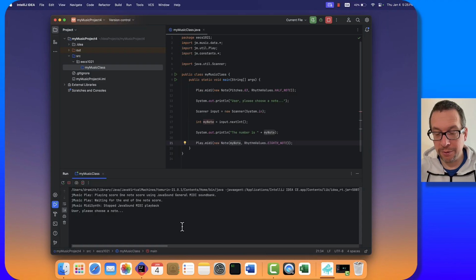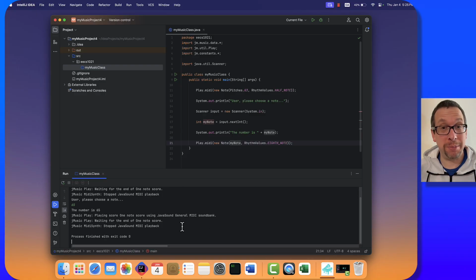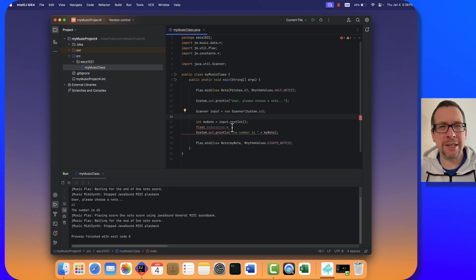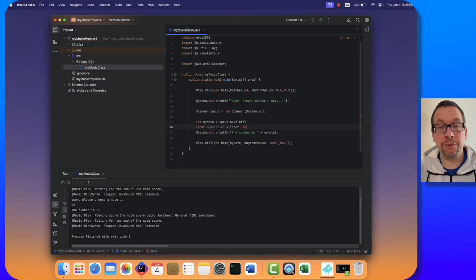So I want to put in a note. I don't know, let's do 65. So it's 65 that played. Now I can also choose a duration. So if I go like this, I do float my duration, and I put my as a prefix just to make sure it doesn't interfere with an existing known variable name or object or class or anything like that. So my note, my duration is equal to input dot float,